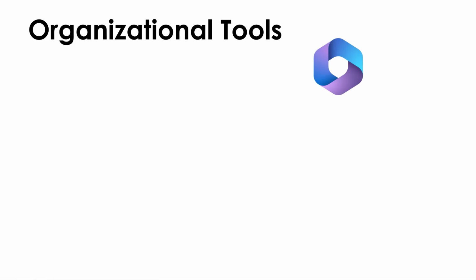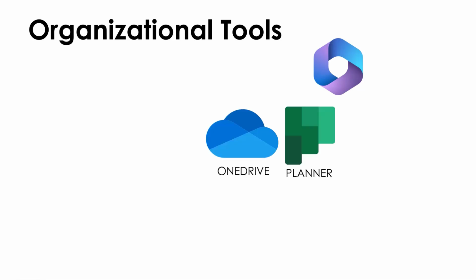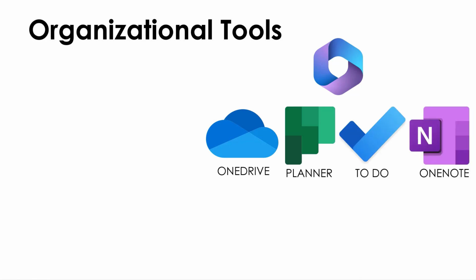These apps free to students include the full Office Suite like Word, Excel, PowerPoint, and Outlook, and several productivity tools like OneDrive for file storage, Planner for mapping out project milestones, To Do for creating task lists, and OneNote for storing information, creating task lists, and recording notes. All of these apps can be interconnected, used individually, or shared with collaborators.